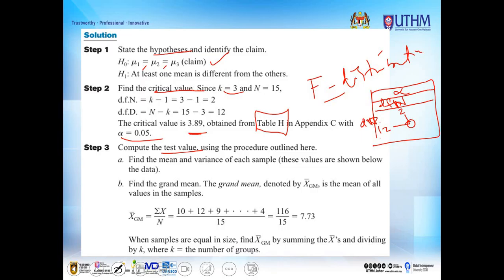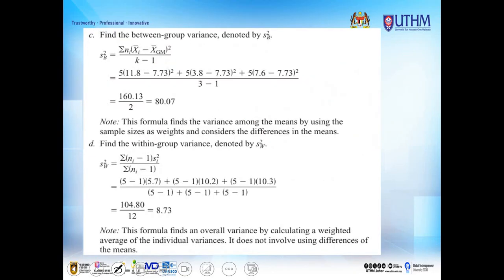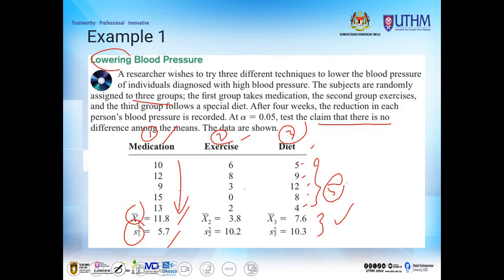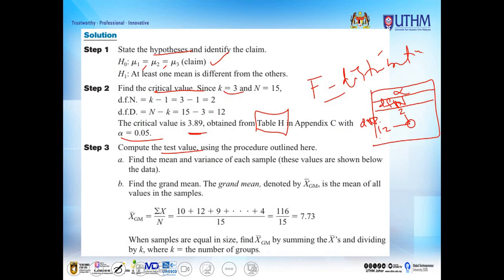Second step, find the grand mean. The grand mean is denoted by x bar GM. GM stands for grand mean, and x bar is the mean of all values in the sample. So you total up all the values, add them together, get the sum, and divide by 15, so that you will get